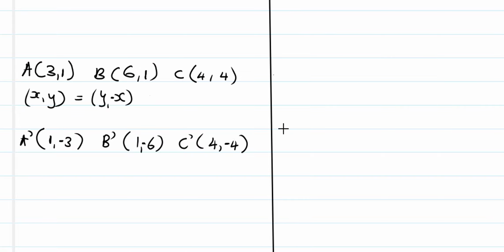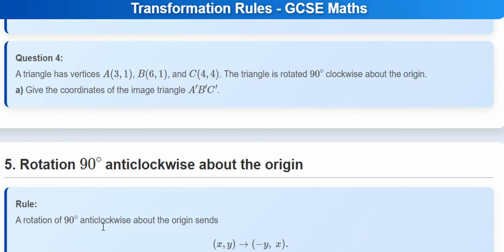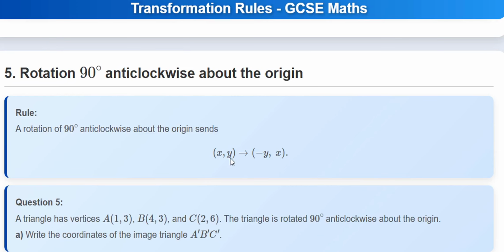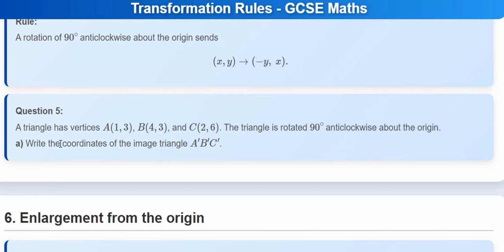So can we go to the fifth rule where we have rotation 90 degrees anti-clockwise about the origin. The previous one was clockwise about the origin. This one is anti-clockwise about the origin. So the coordinates still change from (x, y) to (y, x), but now the coordinates of y are the ones which become negative. So can we try to apply this logic to solve this question,